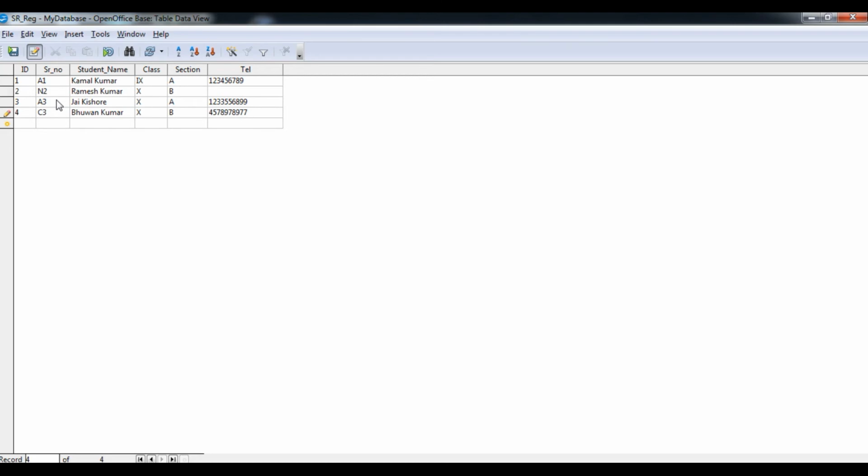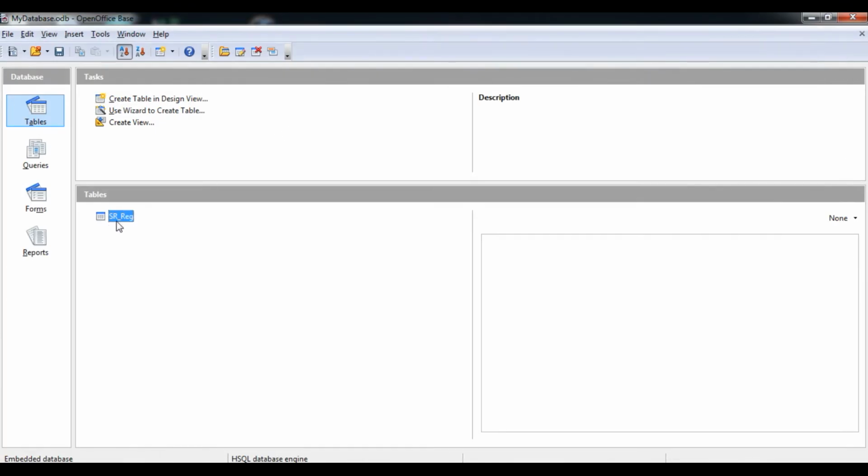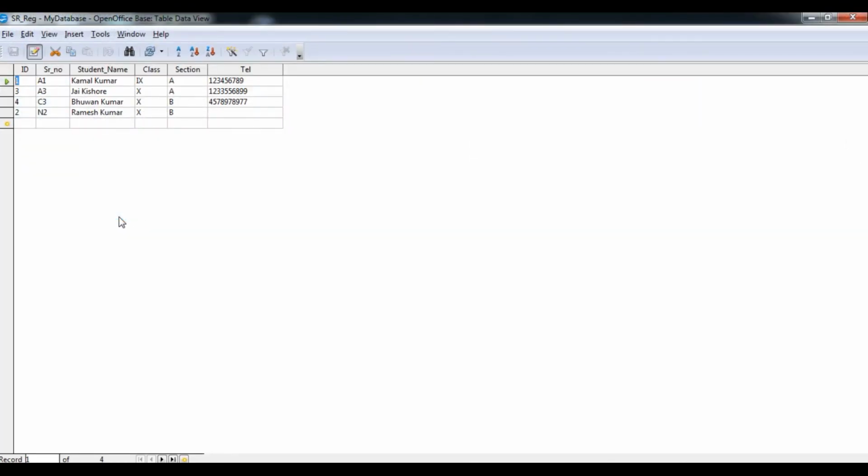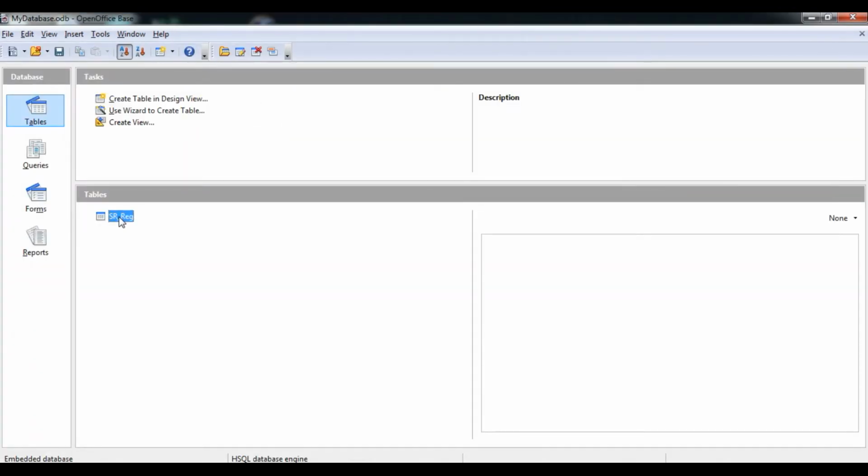That's it. Now you can press the save button and press Ctrl W to close this. If you double click it, you will see your data will open here. The shortcut is Ctrl W to close the table view.